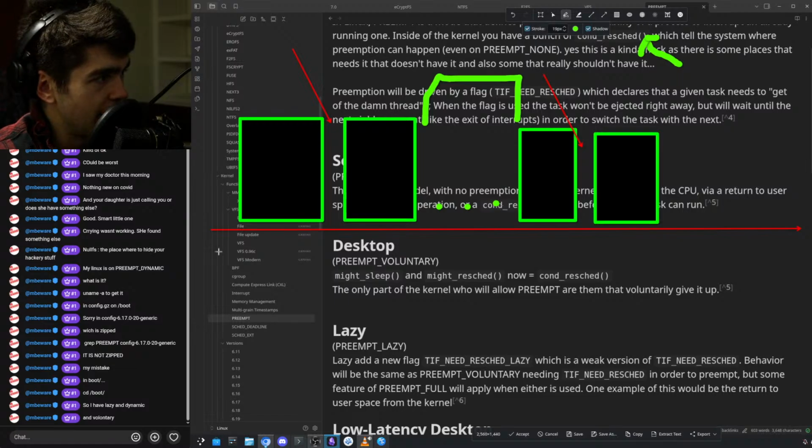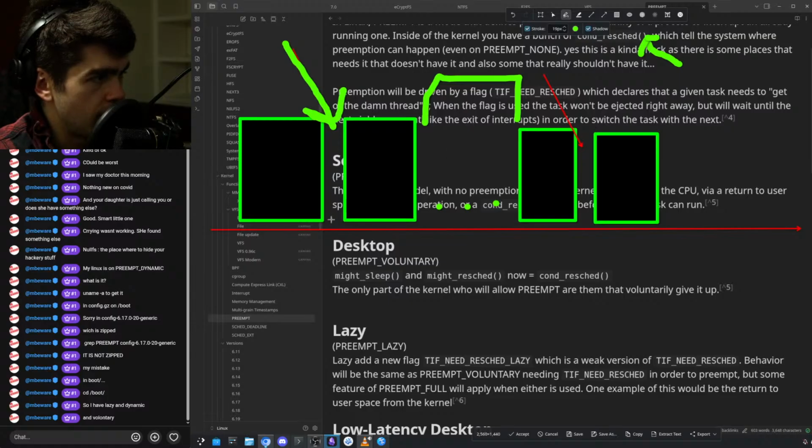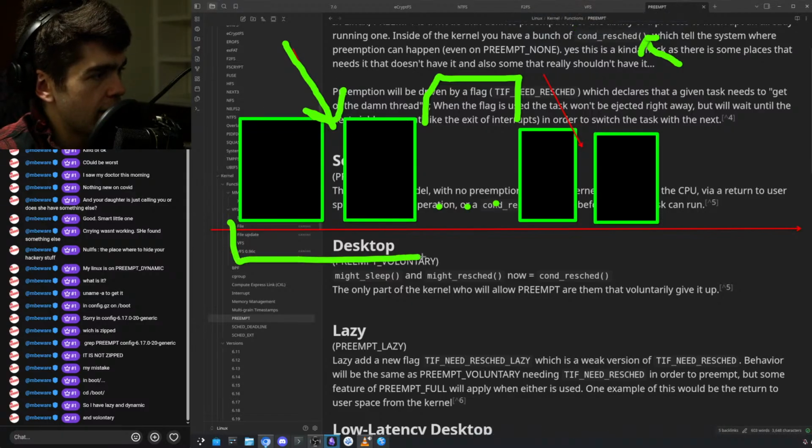Okay. The core issue that I want to talk about here is that we take for granted that this will never be interrupted. But in the new system, well, it could be, right? There could be preemption here. So what happens is that if you have something like